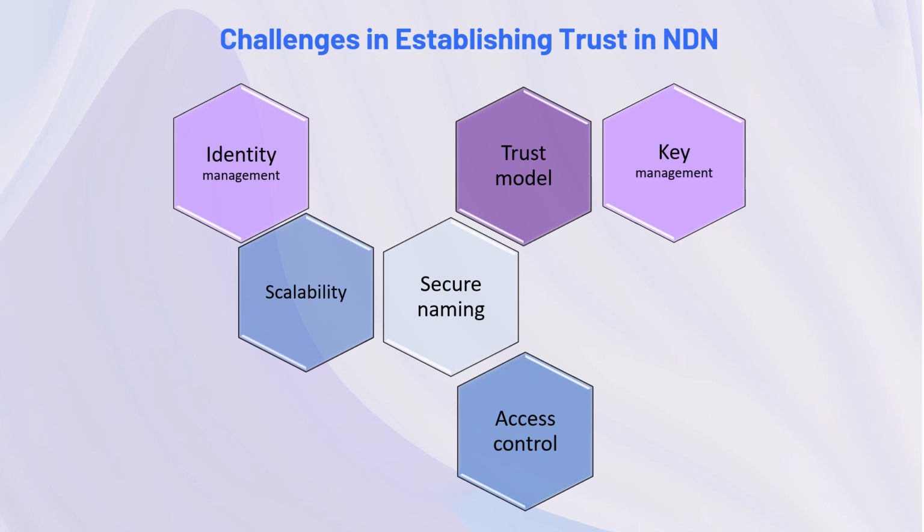Next, secure naming and access control in device attestation also encounter several challenges. These challenges include ensuring content security, content integrity, and provenance, as well as implementing access control enforcement. The built-in security of NDN can be guaranteed by signing every data packet securely at the content producer site, but ensuring the integrity and authenticity of the content remains a challenge.